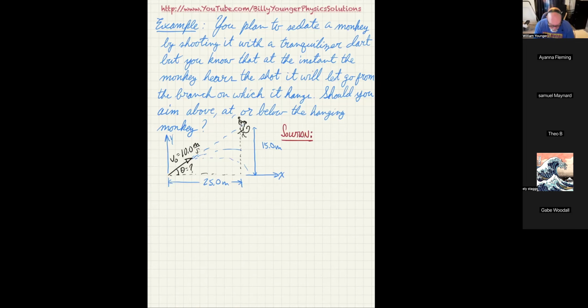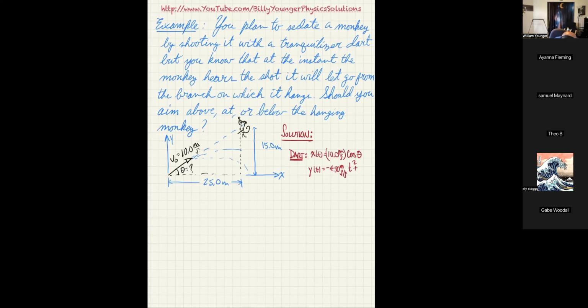As I said, what I'm going to do is have monkey coordinates and dart coordinates. So, the dart is going to have x of t equal to 10.0 meters per second times cosine theta. And it's going to have y of t equal to negative 4.90 meters per second squared times t squared